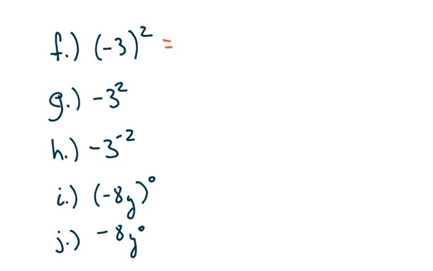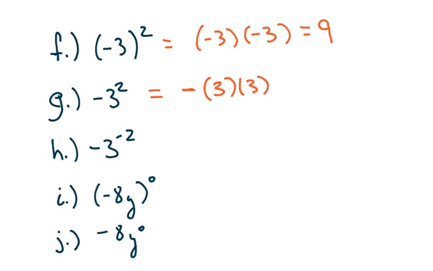So what did we do for F? Hopefully you wrote -3 times -3 because it's in parentheses, and this will give me a +9. But in G, hopefully you said -3 times 3 because only the 3 is being squared, which would give me -9. In H, I hope that you put a negative on the outside and then you wrote the reciprocal of 3